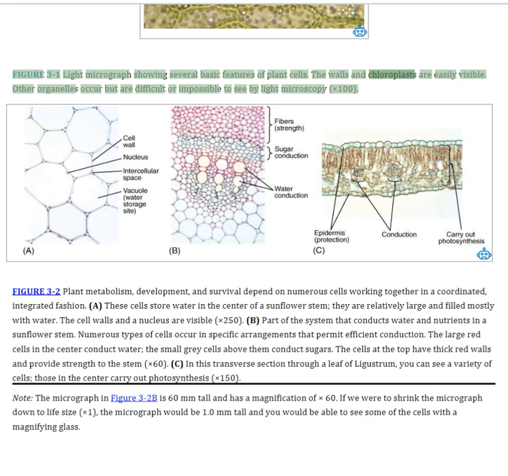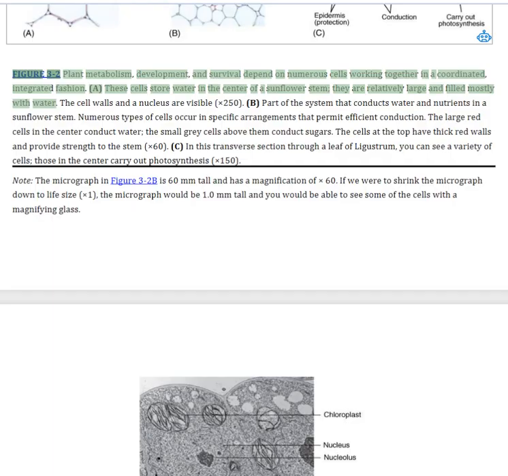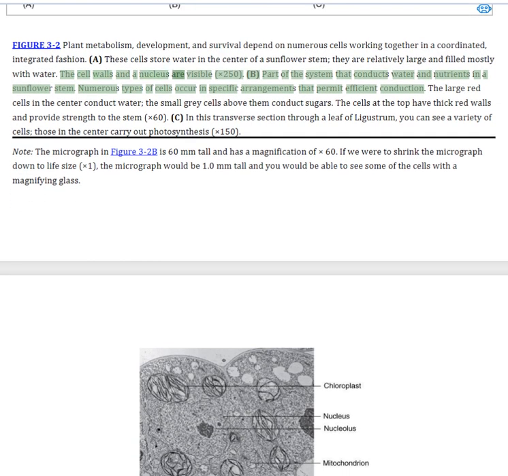The walls and chloroplasts are easily visible. Other organelles occur but are difficult or impossible to see by light microscopy. Figure 3.2: Plant metabolism, development, and survival depend on numerous cells working together in a coordinated, integrated fashion. These cells store water in the center of a sunflower stem. They are relatively large and filled mostly with water. The cell walls and a nucleus are visible, part of the system that conducts water and nutrients in a sunflower